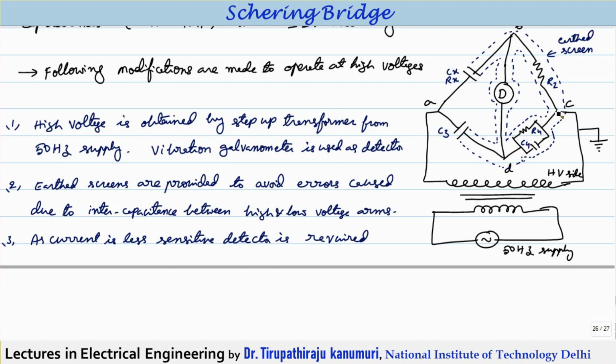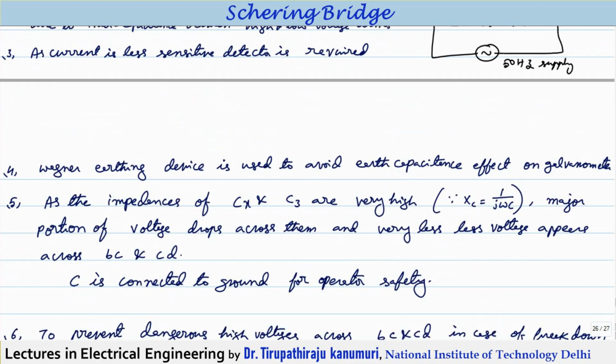So with respect to this ground potential, that means the potential drop across these elements which are operated by the human beings, that voltage is within 100 volts. So there is safety for the personnel who are operating. So that's why it is always earthed. That is the next one you have to observe.